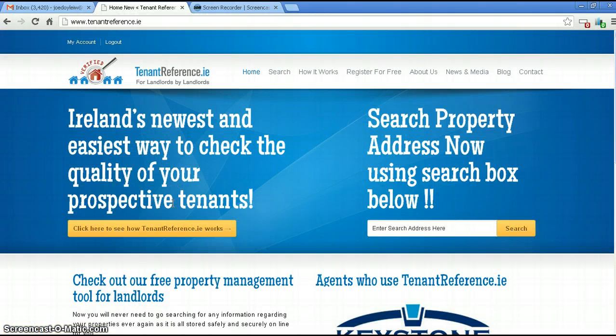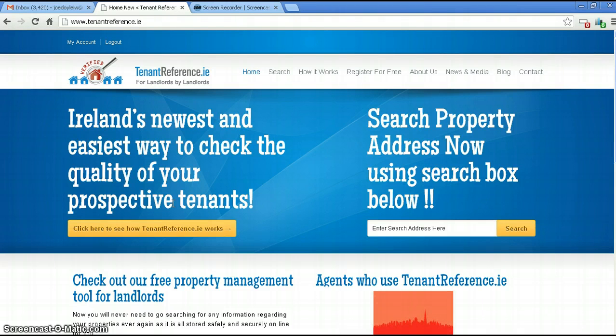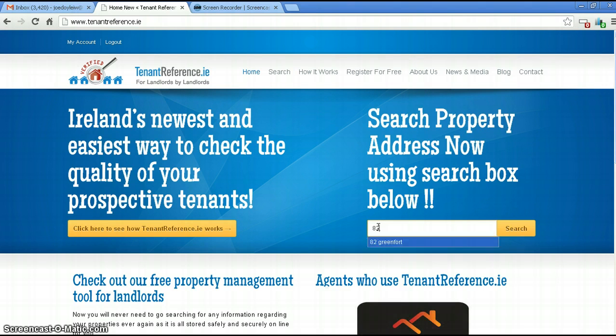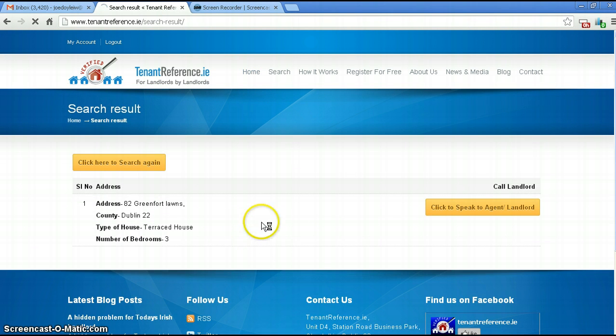So right now we're on the home page of the site, and the scenario is, let's say I'm a letting agent and a tenant has come to me and is looking to rent a particular property. I simply ask this particular tenant what is his last address. The tenant in this case has given me his last address as 82 Greenfort Lawns. So we put in 82 Greenfort, we conduct the search, the address is on our system, and we're then immediately